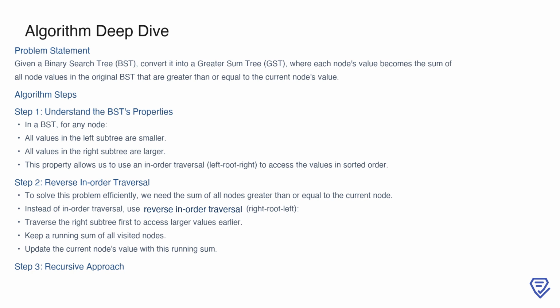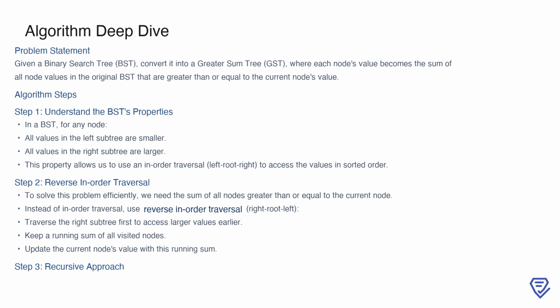systematically. Typically, an in-order traversal, which processes nodes in the order left root right, retrieves values in sorted order. However, for this problem, we need to process the tree in reverse-in-order, which is right root left. This ensures we encounter larger values first, allowing us to maintain a cumulative running sum as we go. By keeping this running total, we can directly update each node's value during traversal. Finally, we can implement this idea using a recursive approach for simplicity, as recursion naturally handles the depth-first traversal of